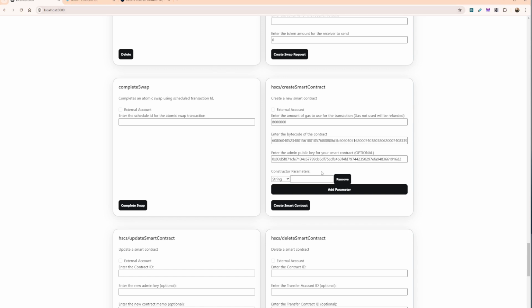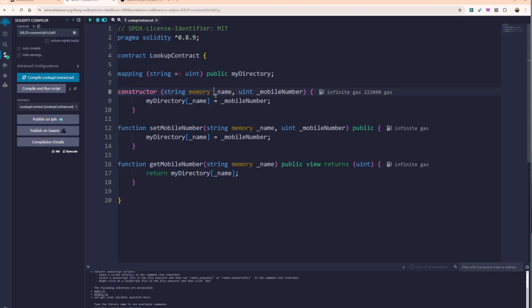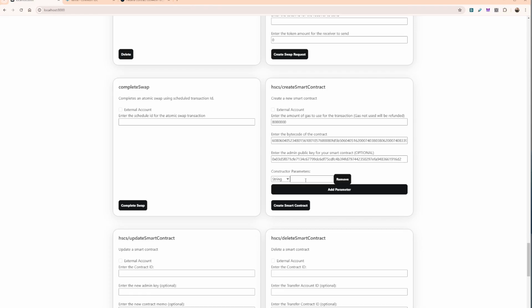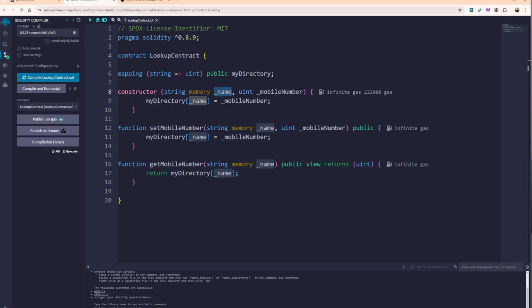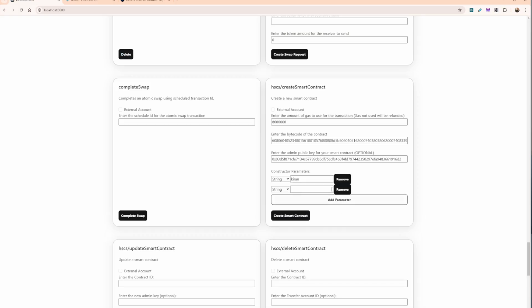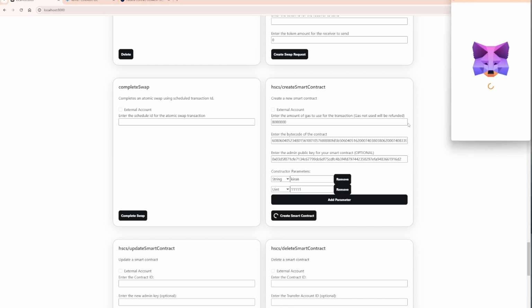Alright, so I can pass in the parameters by adding a constructor parameter. So the first one is name. So all I need to do is type in a name for that. So here I'm going to put in Kieran. It does take two parameters, name and the mobile number, so we need to pass in another parameter here. This is a uint value. So for the phone number I'm just going to do like 11111